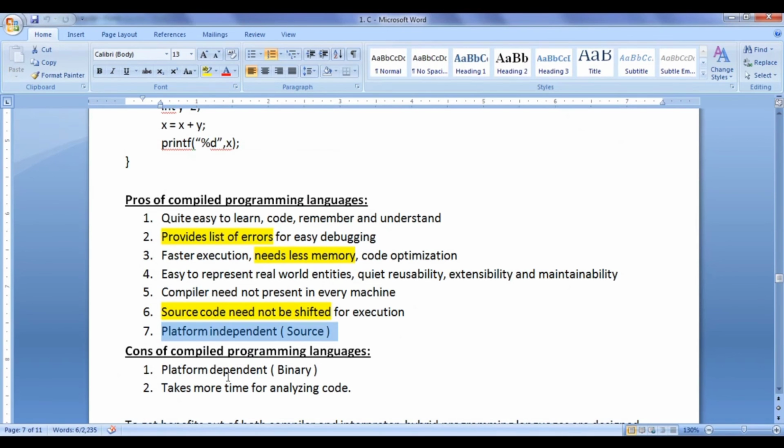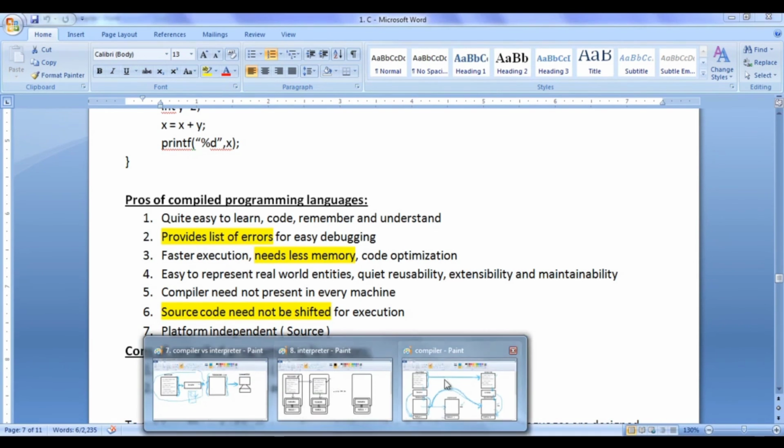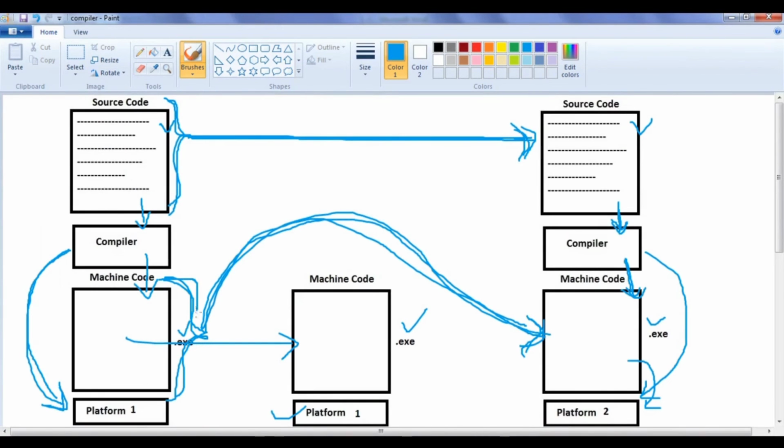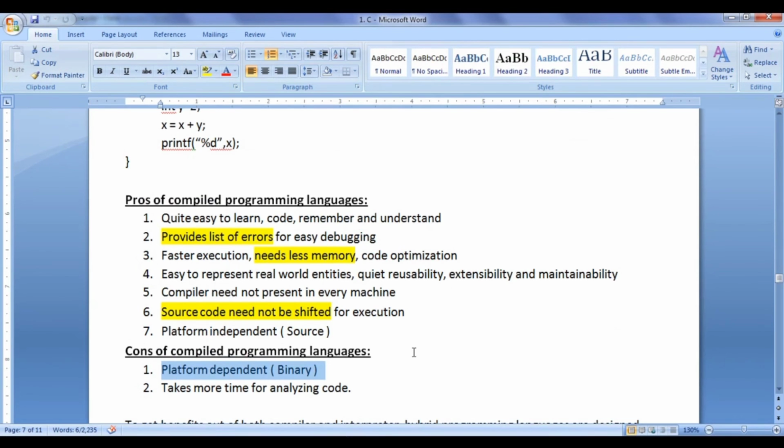Whereas compiled programming languages are platform dependent with respect to the binary code that they generate. Of course, you can see that the exe files that are generated, you cannot execute on different platforms. You can execute on similar platforms, but you cannot execute on different platforms. You have to recompile once again and execute. So compiled programming languages are less platform independent.